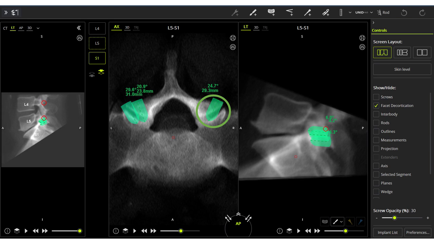Facet joint decortication. In the context of facet joint decortication, it's critical to start from a bone entry point, bearing in mind that the diameter of the drill bit is fixed, while its depth of penetration can be adjusted. The model includes the proposed defect, shown in green, and a 5 mm safety margin, shown in red, to prevent